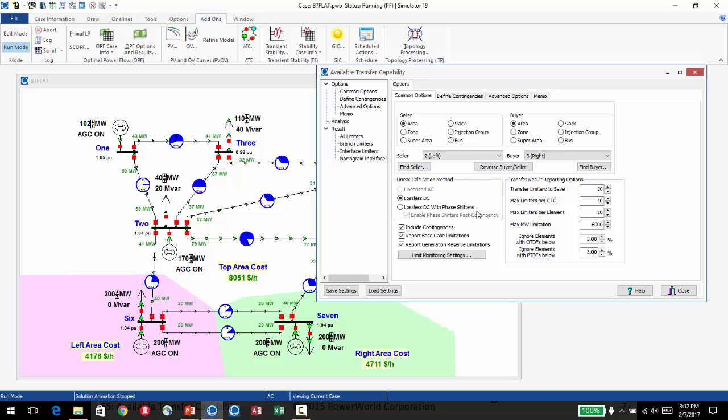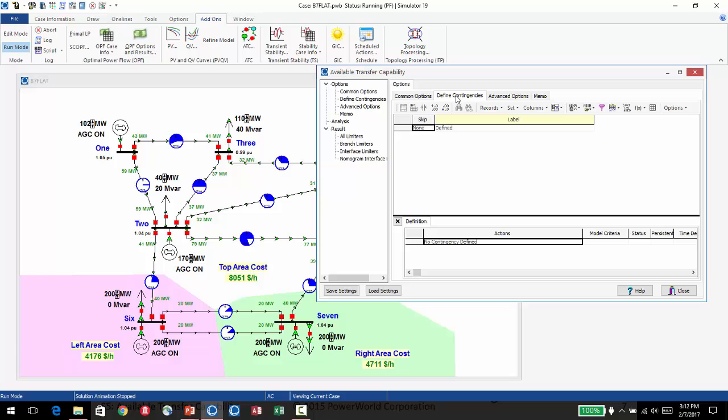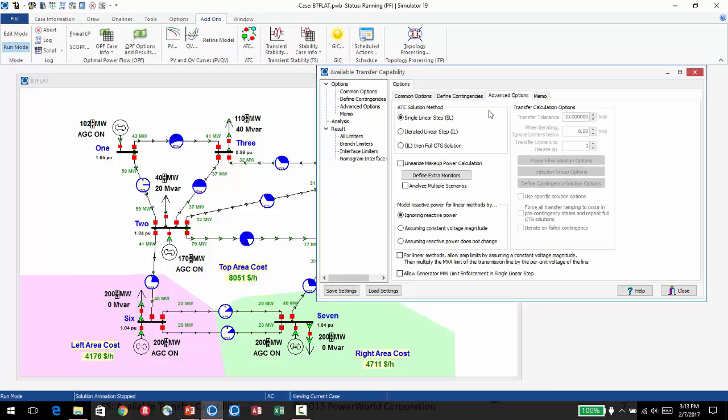So I'll leave all these defaults as they are just so we can generate some results, and then we can talk about these different options right here. So generally the way you work through this dialog is you start in the options. We'll initially look at the base case only with no contingencies, but we can put those in too. The advanced option, this